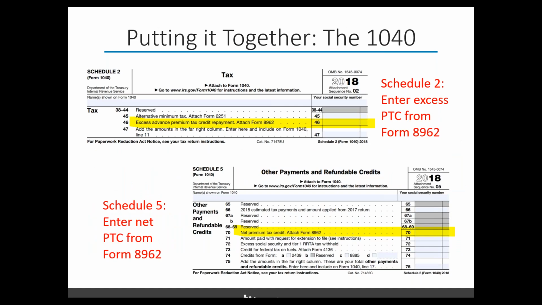The information on Form 8962 then goes on your tax return. For most people, that's Form 1040. The 2018 version of Form 1040 has been revised, so there are some new schedules and line numbers now. However, the process for reconciliation has not materially changed, but there are two new Form 1040 schedules that are necessary